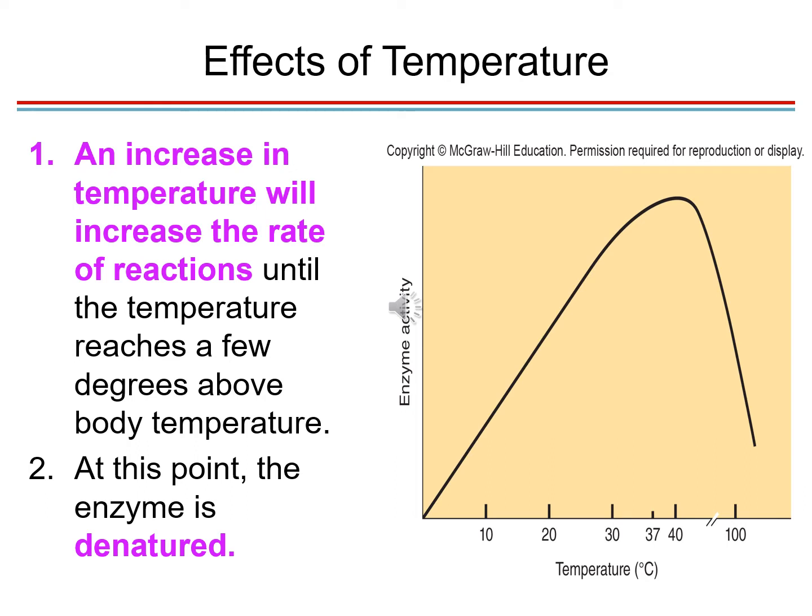For example, if we are exposed to fever, if we are exposed to 38 Celsius or more, that enzyme activity decreases its function. But on top of everything, if we develop a very high temperature, that is 39 or even 40 Celsius,